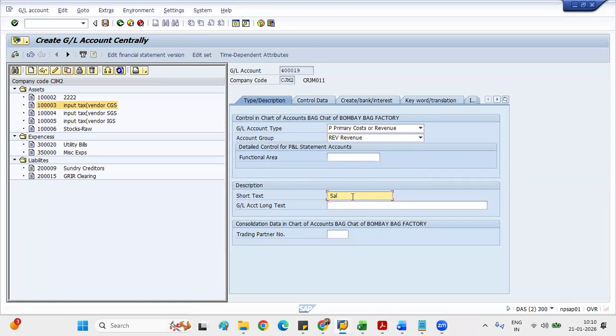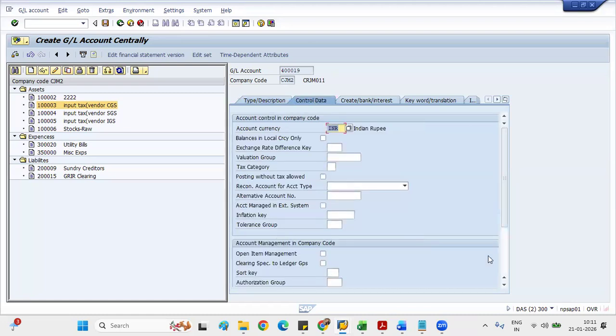That means sales of FG, on the basis of which my revenue is generating. Let's say this is my GL. Then the next step, control data. In control data, account currency, whatever local currency is there, which you have defined at the time of company code creation, and